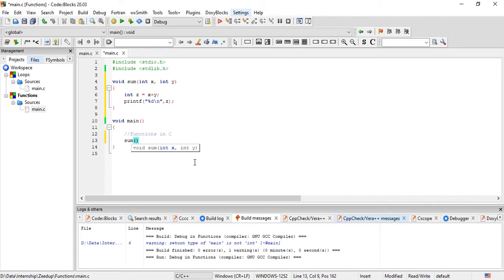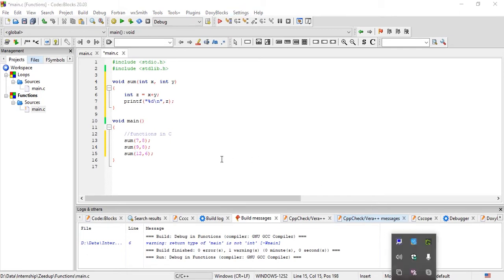Since it's showing integer, you need to write valid integer values, suppose 7, then a comma, and then the second value, suppose 8, and then close the statement using a semicolon. You can call this function multiple times, like 9, 8, and then 12, 6, anything. So we have called this function three times, and we are expecting the sum of these three pairs of values.